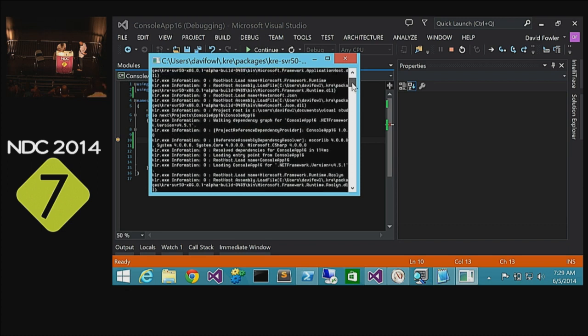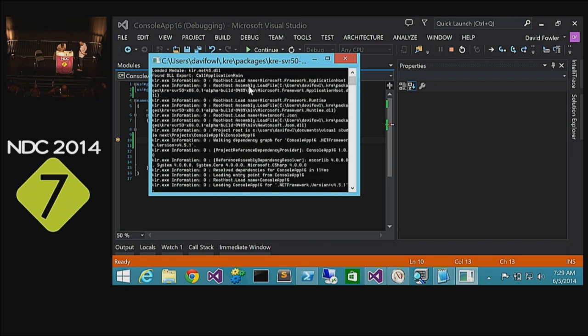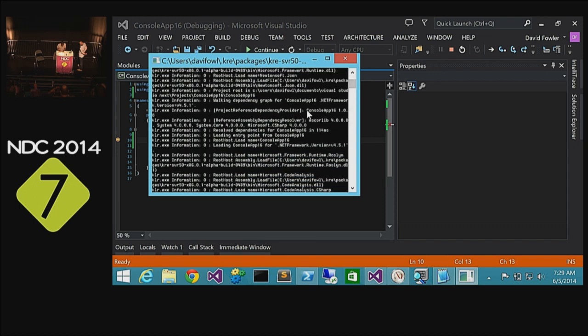All right, so it did a bunch of stuff. It loaded the runtime itself. It walked the dependency graph to figure out what the dependencies were. Each loader gets a chance to figure out what it should load. So for project references, it found console app only. For reference assemblies, it found mscorlib and System.Core. And then it loads the entry point itself for the console application, which is source, so it compiles it on